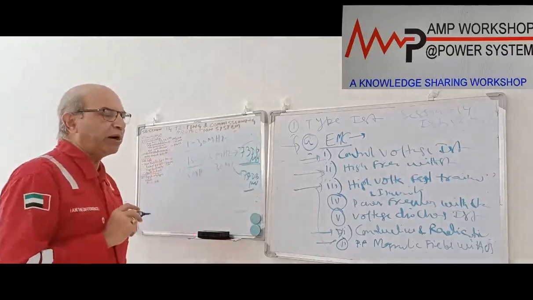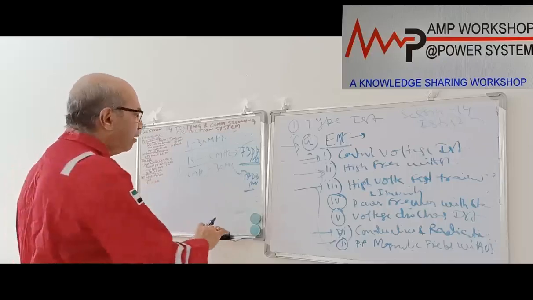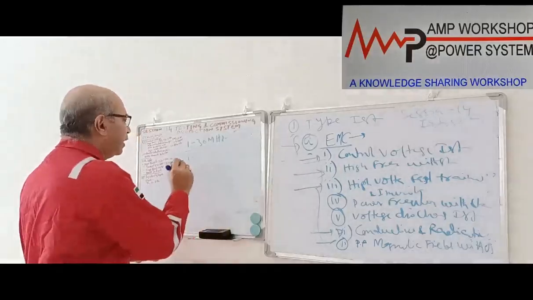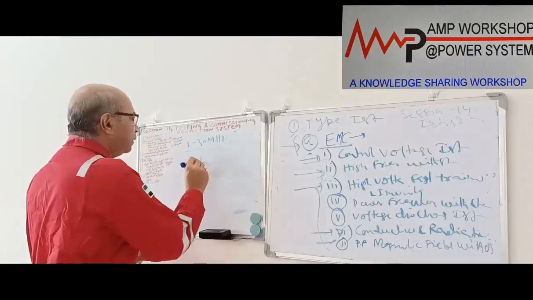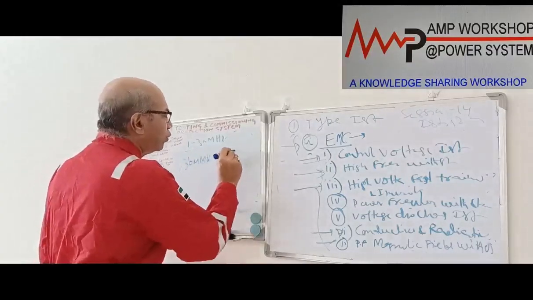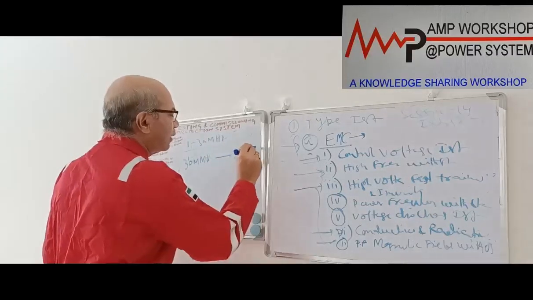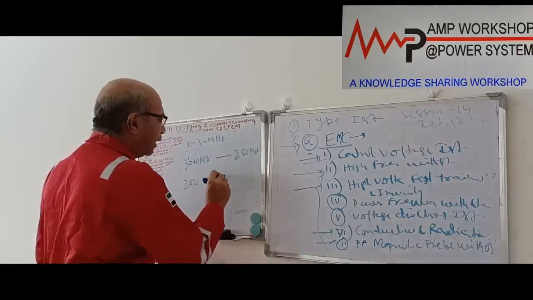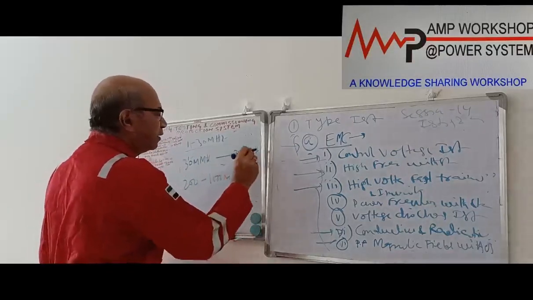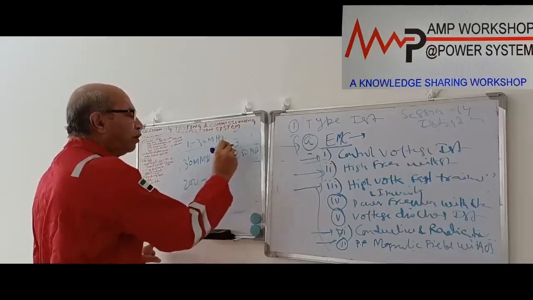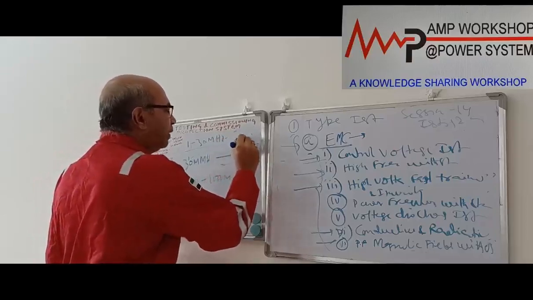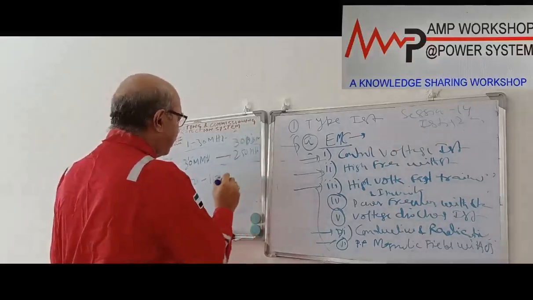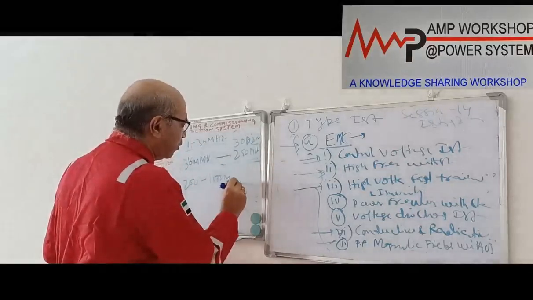Then we say the relay passes this conducted test. In the case of the radiated test, it is again split into two parts, 30 megahertz to 250 megahertz is one range, and 250 megahertz to 1000 megahertz is another range. In the first range the level will be 30 dB microvolt per meter. Here it will be 37 dB microvolt per meter.